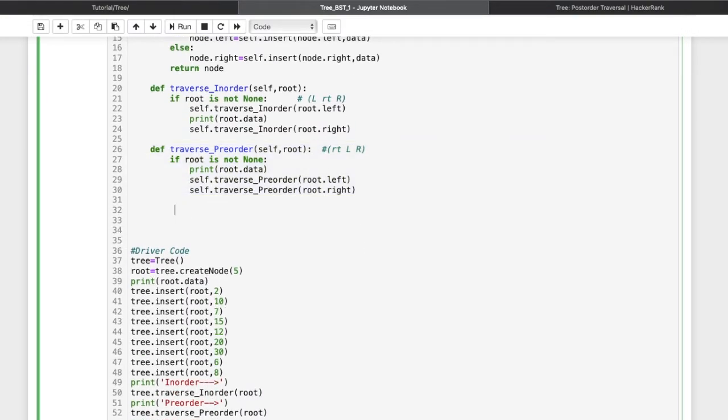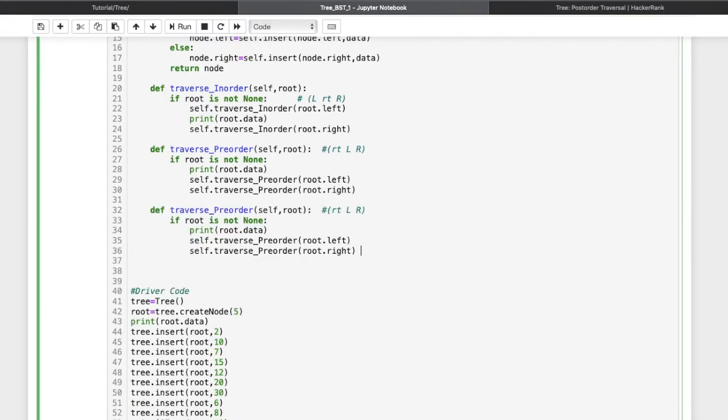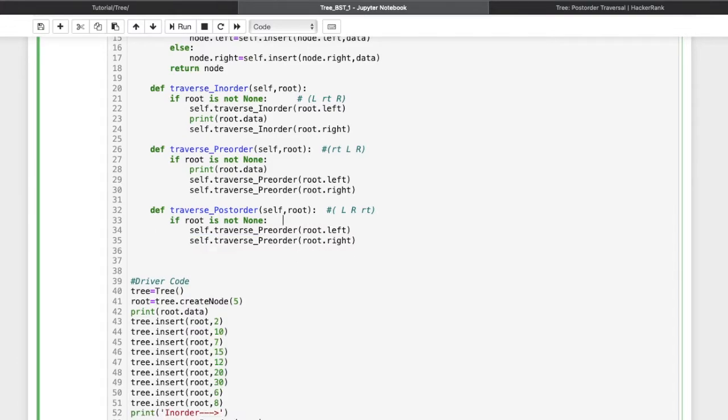Let us define one new method, traverse post order, and here the sequence is first left, then right, and then we have to check for the root. So let us cut this one. Here we have to check the left part first. So let us recursively call the same function post order with root dot left.